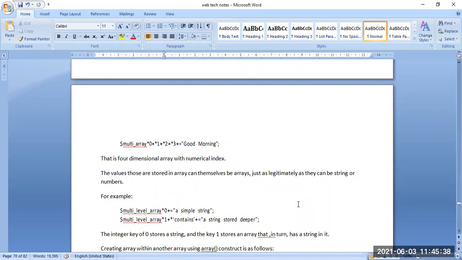By concatenating the values, we get the result good morning. Here we can see a 4-dimensional array with numerical indexes.